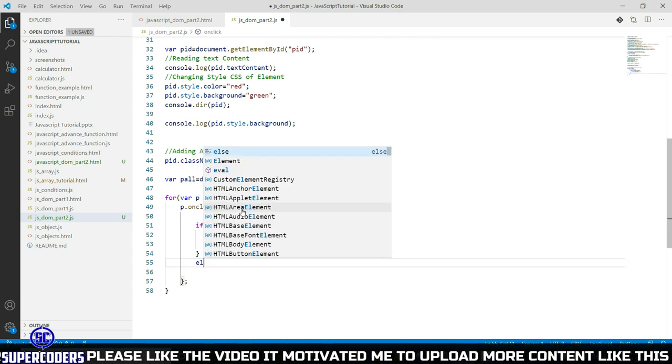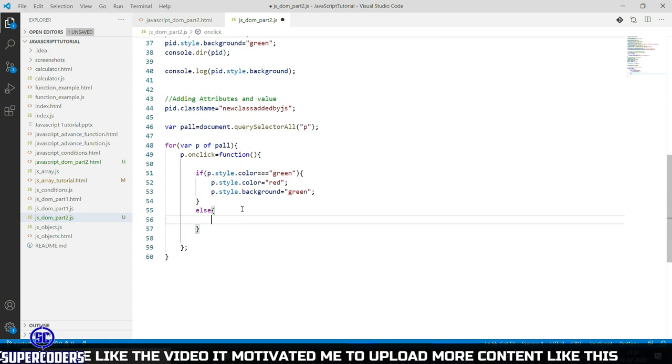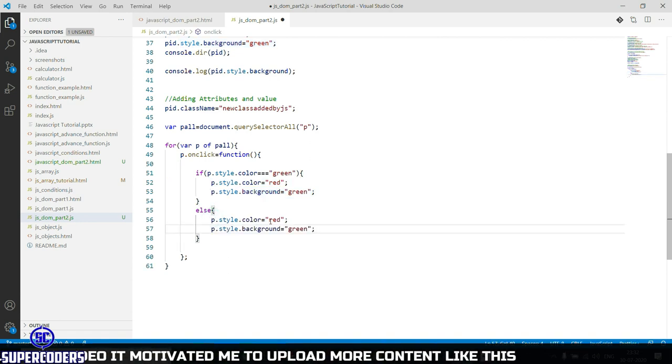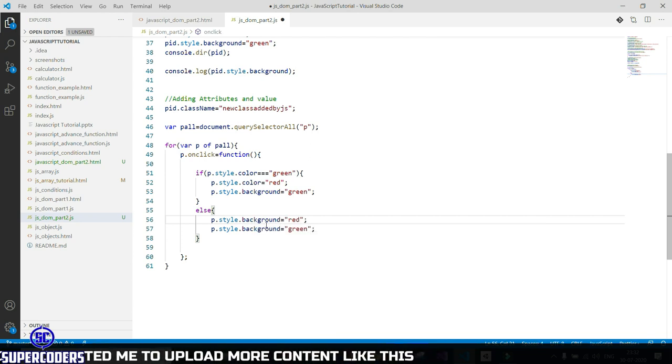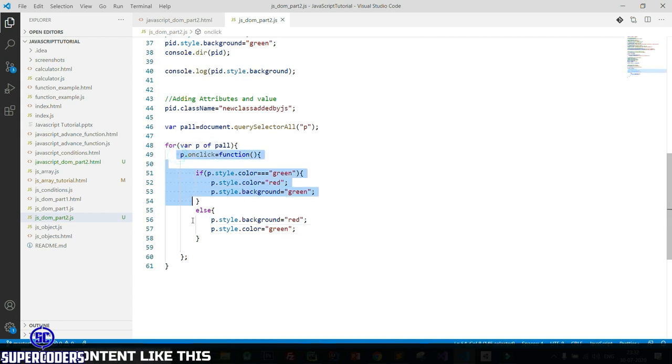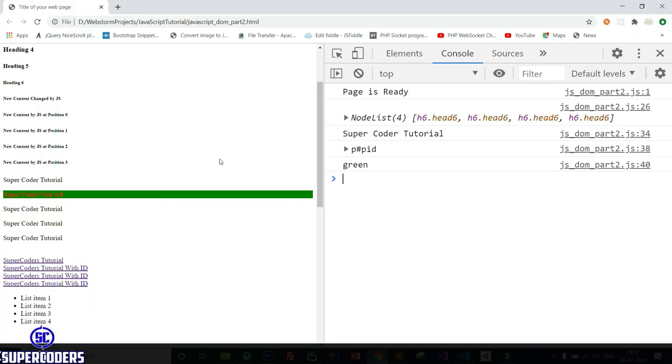And in the else condition change it to the opposite case. So change the background and change the color. So let's see if it is working or not. Here I have added an event listener on each paragraph tag using a for loop. So let's see, Control R, then click on this.